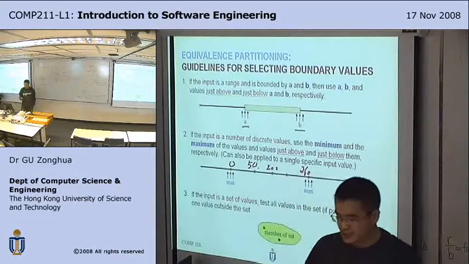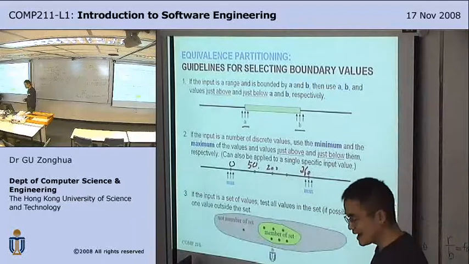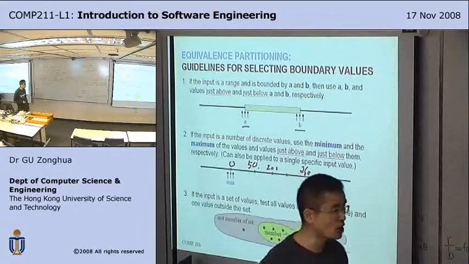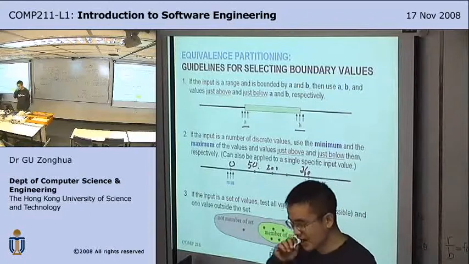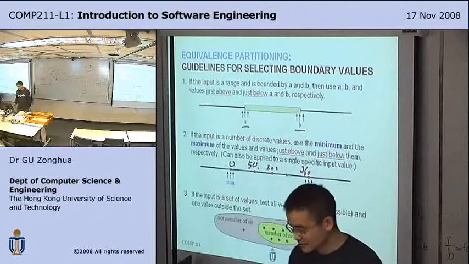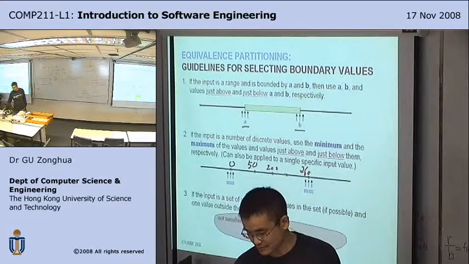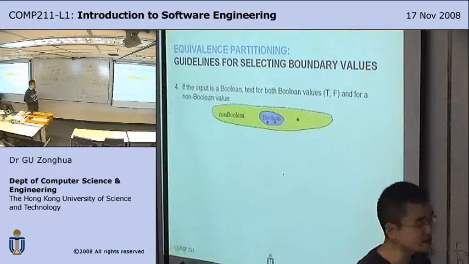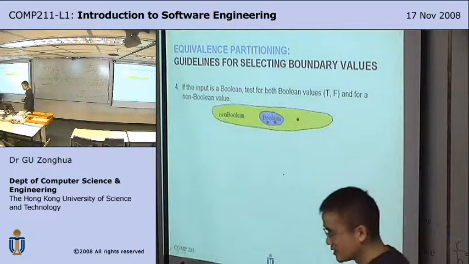If the input is a set of values, then you test all values in the set, if possible. That is, if the set is relatively small. Otherwise, if the set is too large, you sample a few values and one value outside of the set. The special case is if the input is a Boolean, then the set has two values, true or false, and